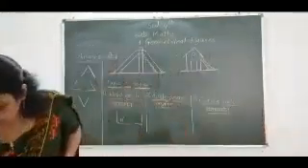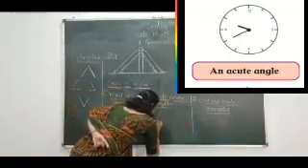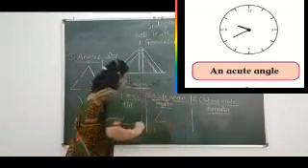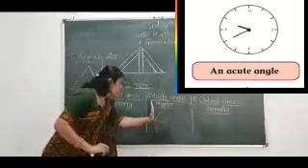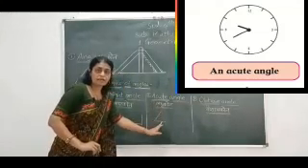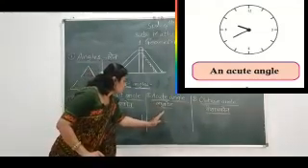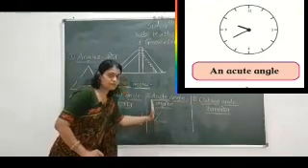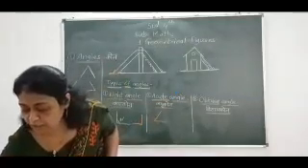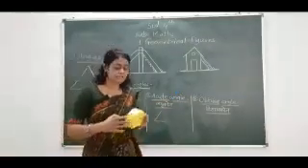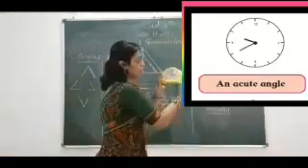लघु कोण, acute angle means an angle is smaller than right angle is called as acute angle. Example of acute angle is, this is clock, there is 3 o'clock. When